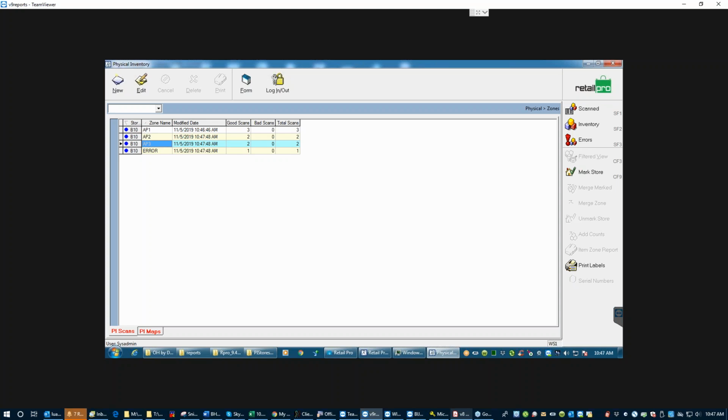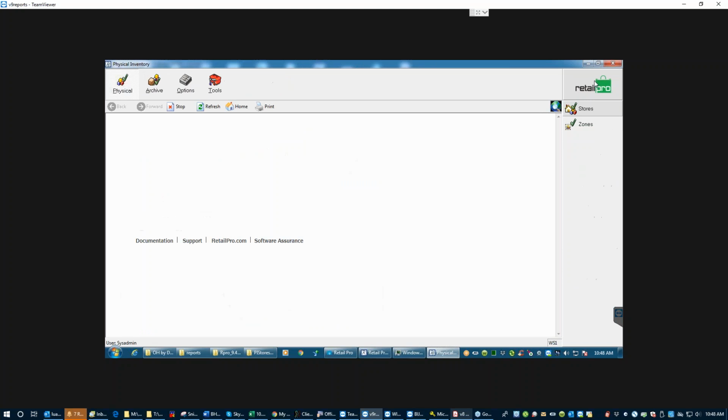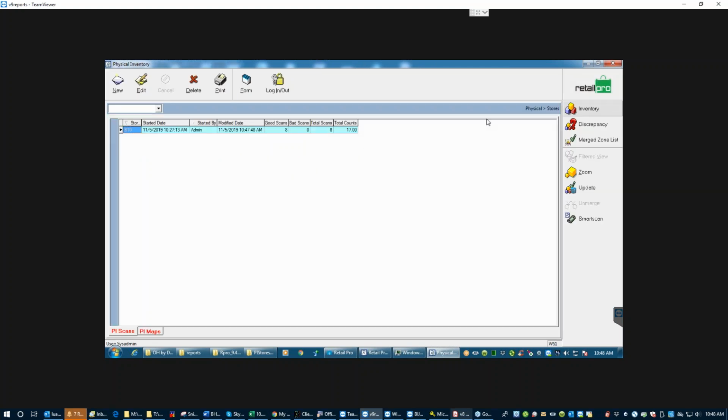Now, what that means is that I can now go look at my discrepancies against the start physical that I did. Because I've only counted three or four things in here, my discrepancies are going to look like a mess. But what I did purposefully was keep the first few items on my discrepancy list so we can see what that looks like. Once you are merged, you're going to go out of the zones area. So if I use the Retail Pro back button and I go to stores,